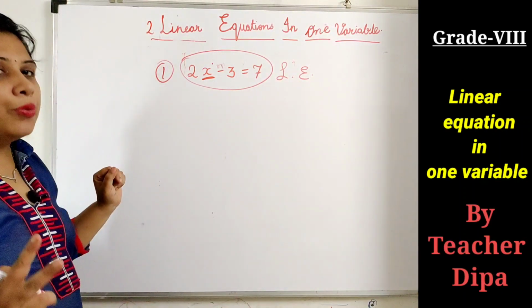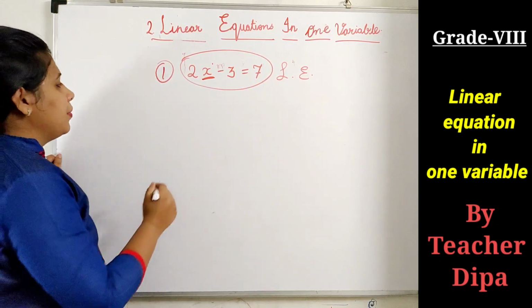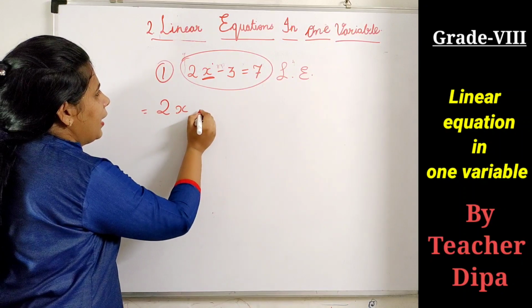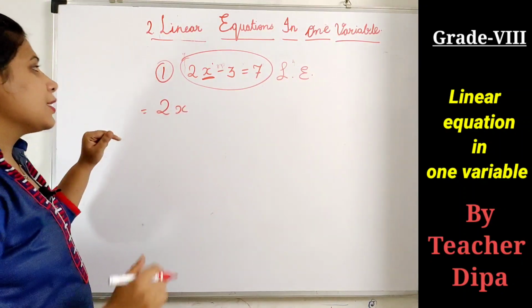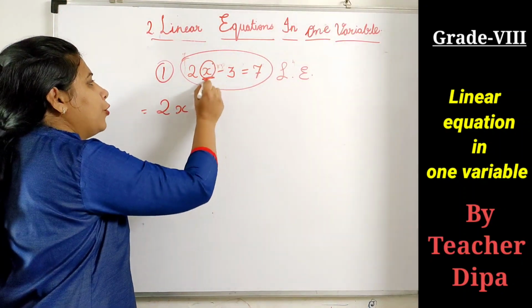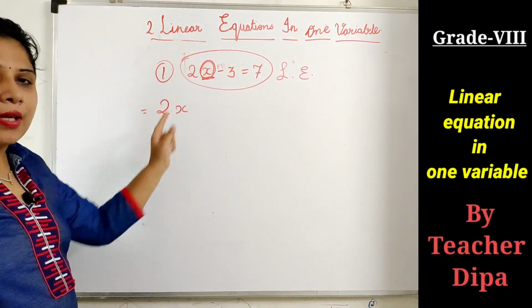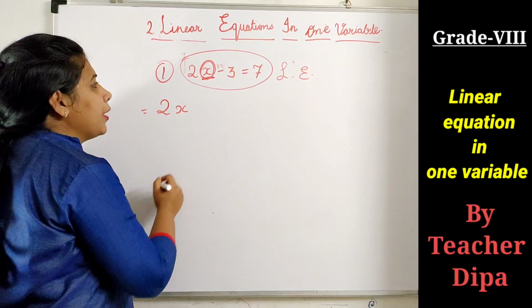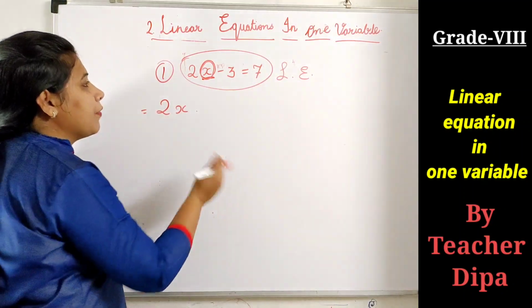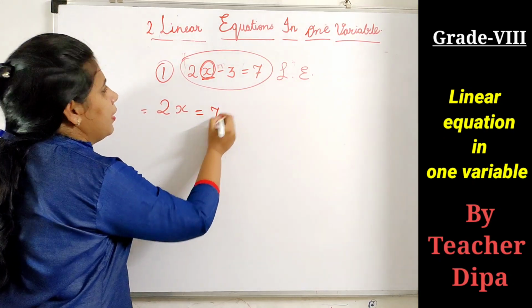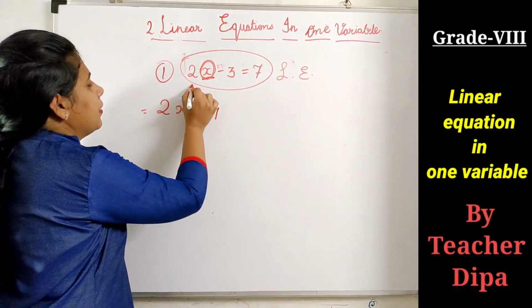Here we have two methods of solving this. The first method is when we are taking 2x as it is, and in the expression we need to know the value of x. Once you get the value of x, your problem is solved, your sum is solved. Now here 2x minus 3 is equal to 7 can be written as 2x, 7, and as we have this